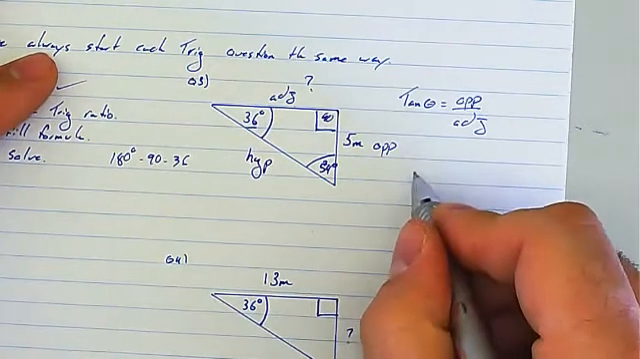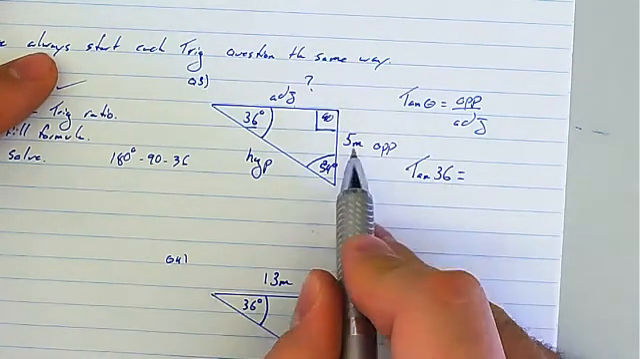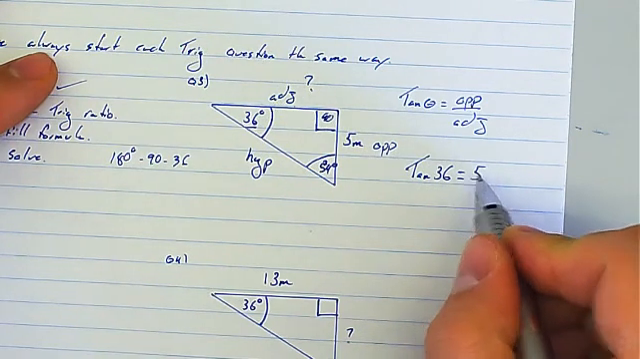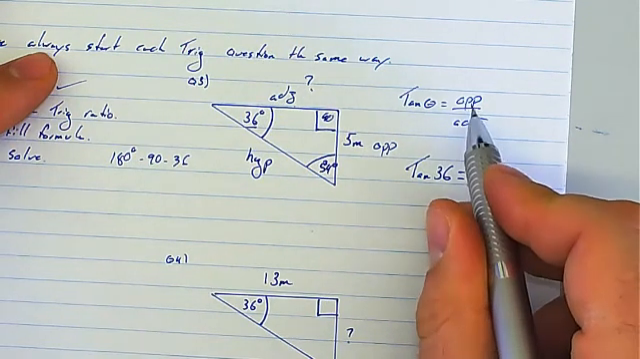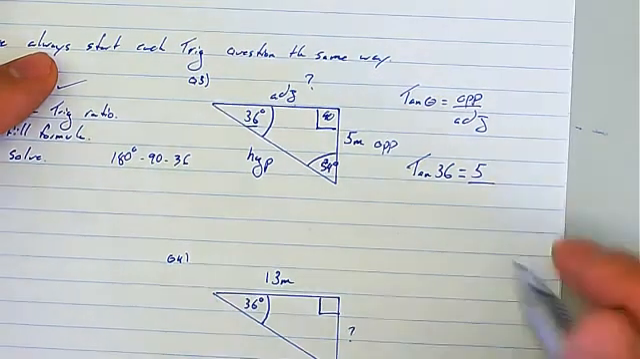So tan of my theta. Theta is Greek for angle, and we're using angle of 36. So we're going to go tan of 36 equals the opposite side, which is 5. This is divided by the,